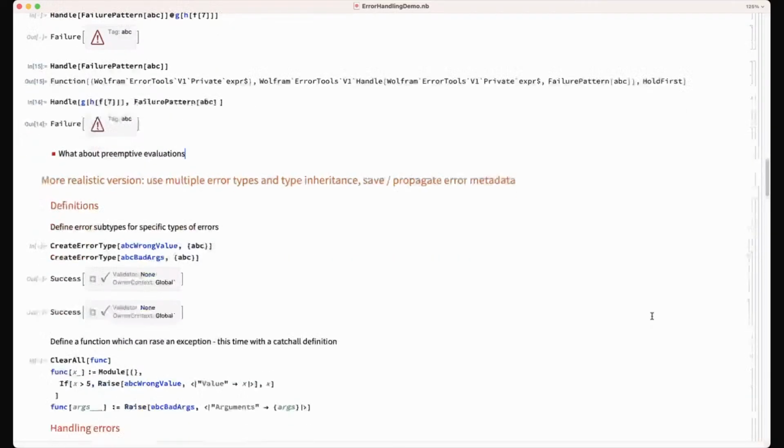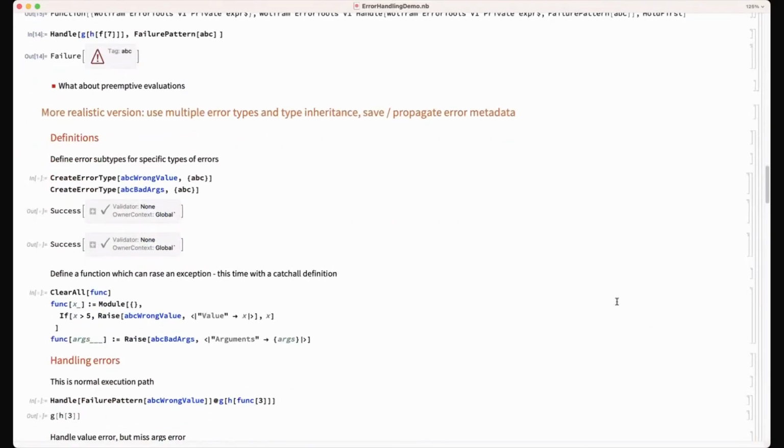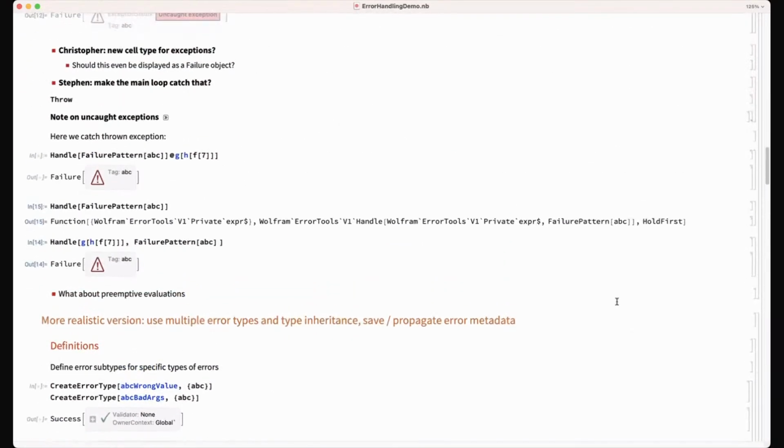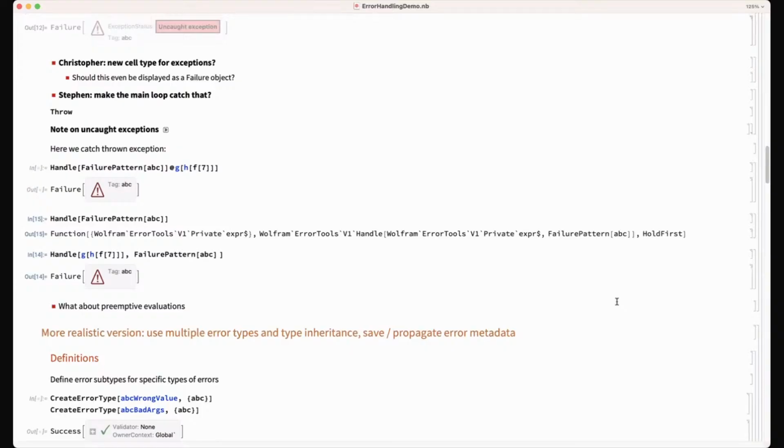What I'm seeing so far is a sort of controlled vocabulary of errors. That is, you are defining and registering error types, so that you have a controlled collection of possible errors. And you are raising those. I hate the term raise for this purpose, but anyway, never mind that.